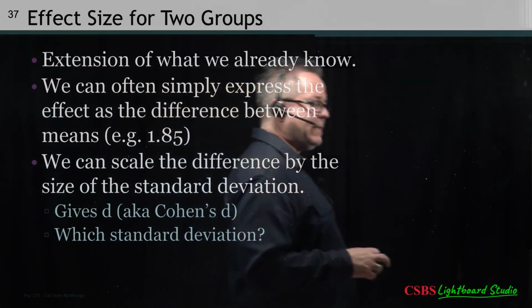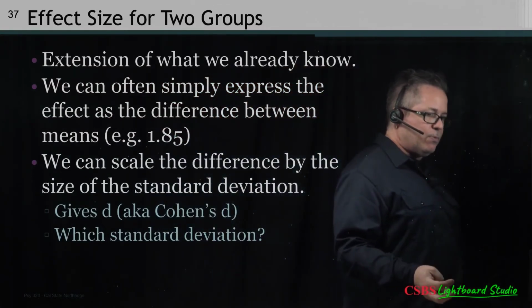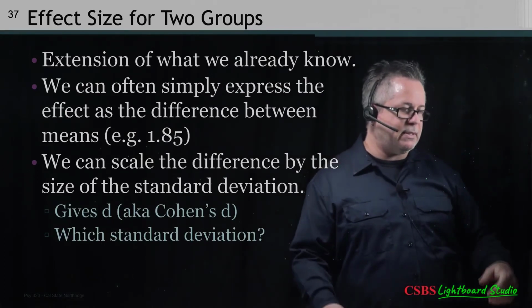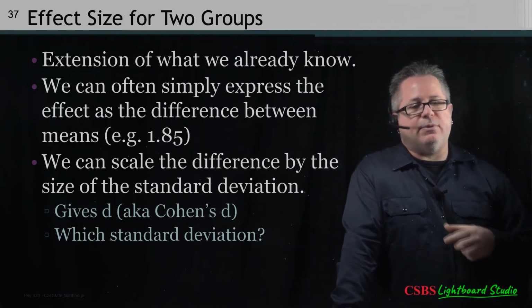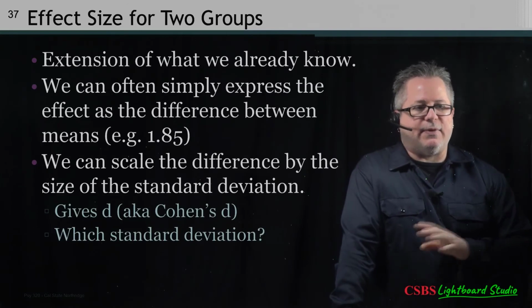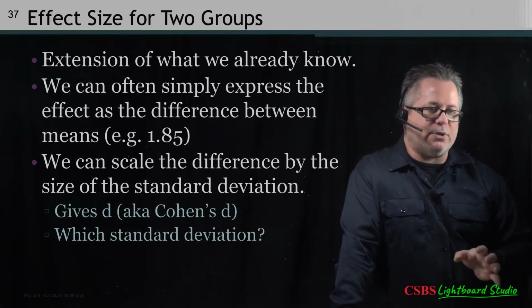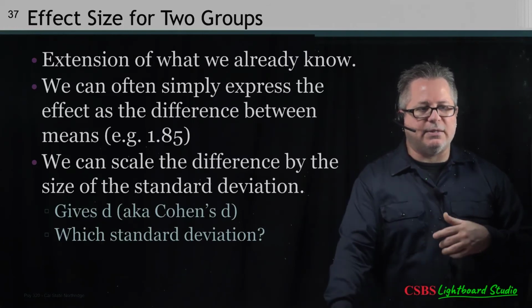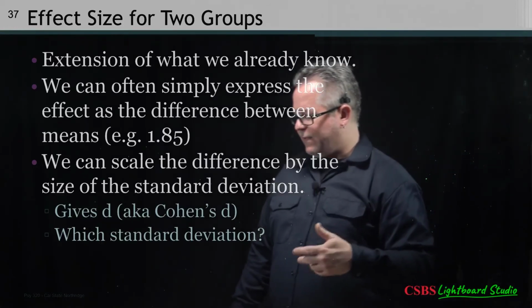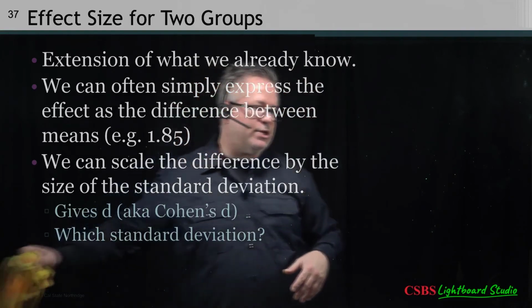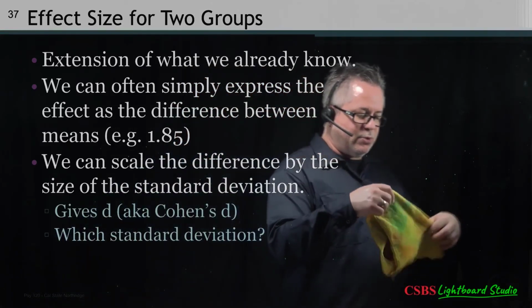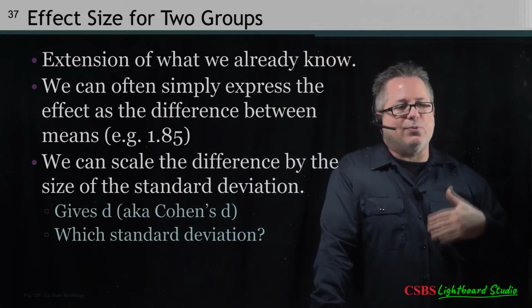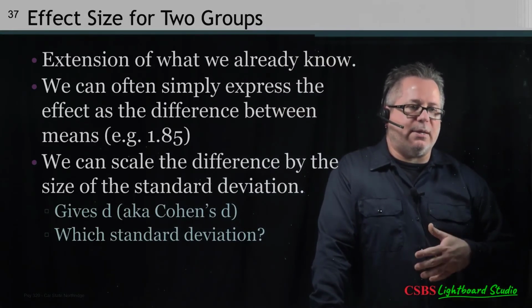So let's talk about effect size. We talked about effect size when we were looking at the one sample and dependent samples tests. And again, to reiterate here, the reason we talk about significance testing and effect size separately is they're asking 2 different questions. The significance testing really is looking at, is the difference we found likely to have occurred by chance? Is it due to random variability across samples,